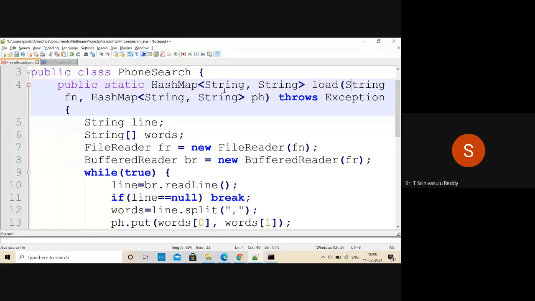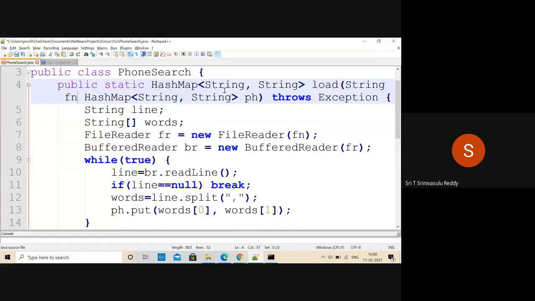That is a better technique, because for loading, we should specify only the file name. What file you want to load is more appropriate. Passing this additional parameter is a burden and not a correct way of design. That's why I'm changing the signature. Load is a method that takes a file name as a parameter and returns a HashMap after creating all of that.